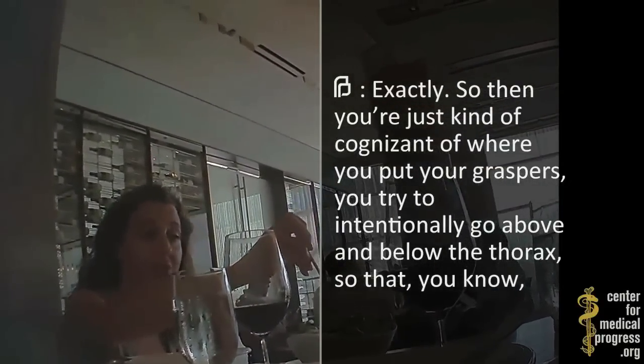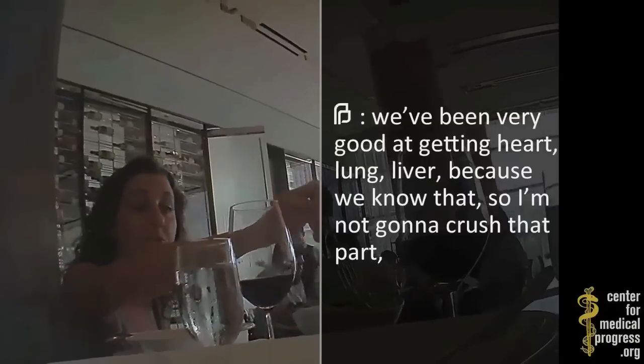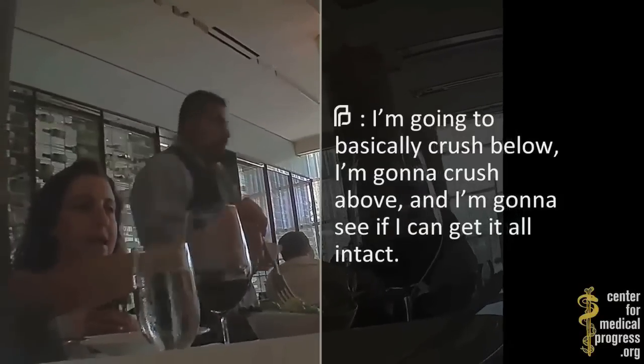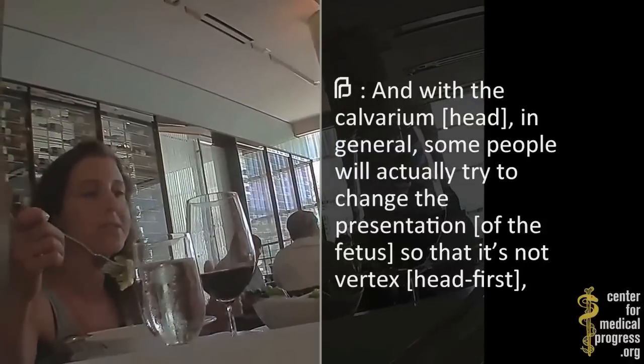You try to intentionally go above and below the thorax, because we've been very good at getting heart, lung, liver, because we know that, so I'm not going to crush that part. I'm going to basically crush below, I'm going to crush above, and I'm going to see if I get it all intact. And with the calvarium, in general, some people will actually try to change the presentation so that it's